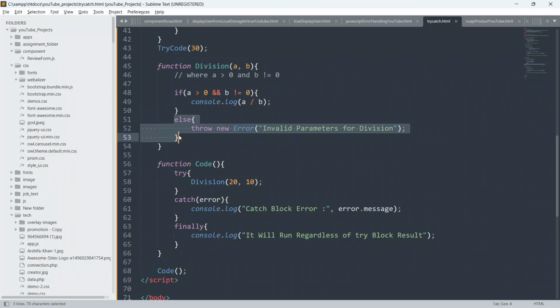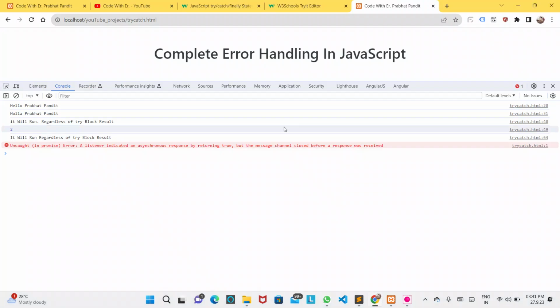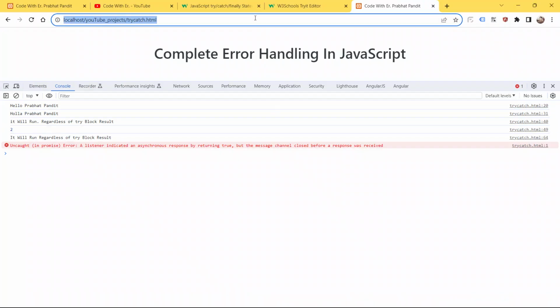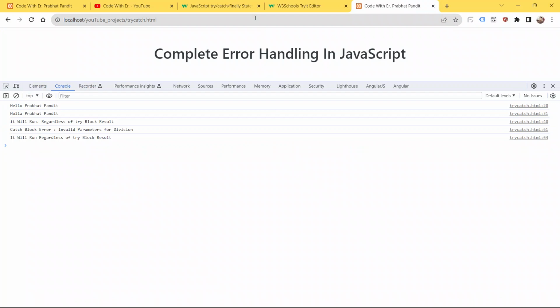Now I am going to revert the condition. I will remove the 1 from here and give 20 and 0 as parameters, and let's see what happens. Save your code, go to the browser and refresh the page. Boom, we got our error: catch block error, invalid parameters for division, and it runs regardless of the try catch block result.